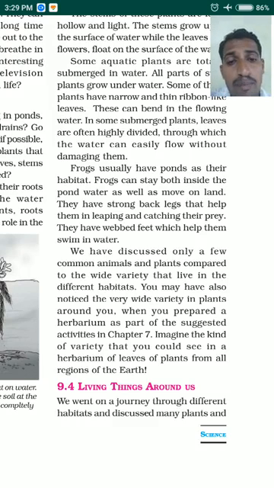They have strong back legs that help them in leaping, jumping forward and catching prey. They have webbed feet which help them to swim in the water.